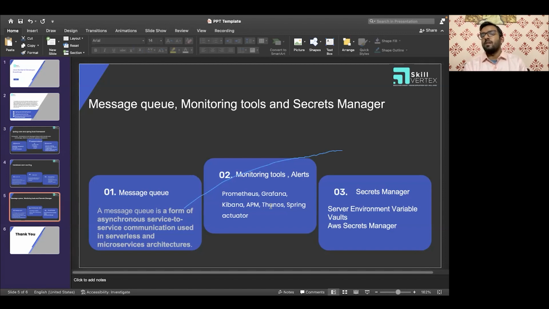But again, the server environment variable is risky. If you have not added enough policies on your server, then anyone can hack your server and get the required information from it. So we don't want to store such sensitive information on the server. We always prefer some other place, which must be in encrypted form, because if someone gets access to the vault, again there is a chance of leaking your information. So all of those things we have to think about while building systems. Security-wise, latency-wise, performance-wise, all of these things we have to care about